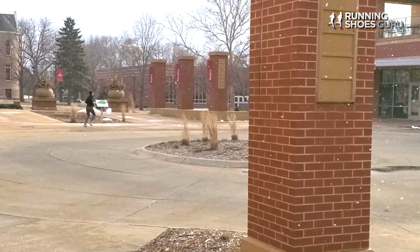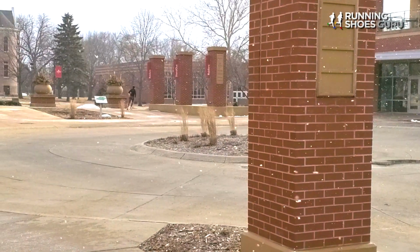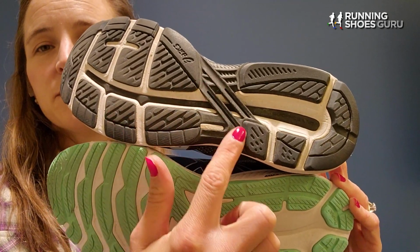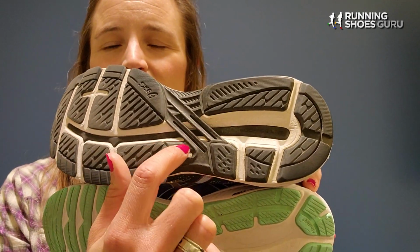It also replaces what we've all become familiar with in ASICS shoes, which is the Trusstic system. This has been a standard in ASICS stability shoes for as long as I've been running in them, which is in the Kayanos from back in the late 90s. Instead of this Trusstic system in the shoe, now the LiteTruss is replacing that function of holding that midfoot